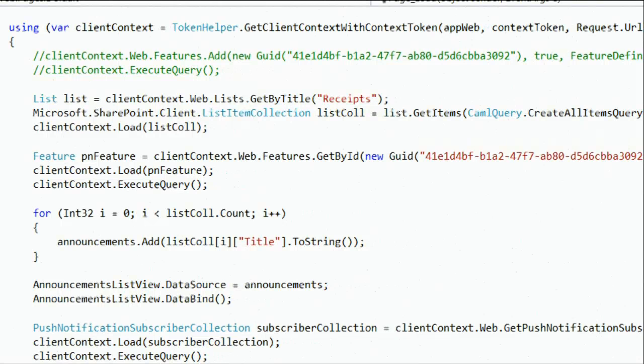And then I can do some criteria. Once I have this collection of subscribers, I can ask, okay, based on these people subscribing, maybe I don't want to send it to them because they might not be interested in every single activity that happens within this site. So if I scroll down a little bit here,